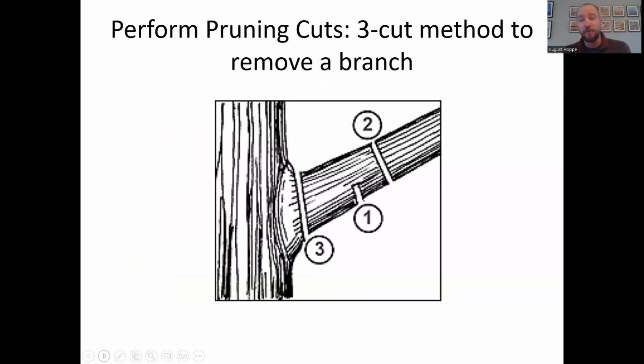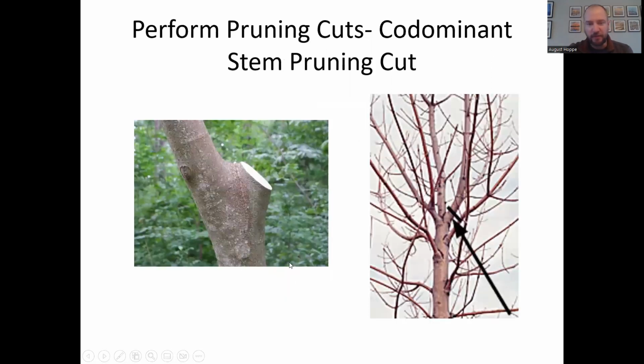When you're making a cut, especially on a branch that has some weight on it, it's important to think about the 3-cut method to remove the branch. If you were to simply cut the branch from the top down with one cut near the base of the stem, like where I'm showing with my mouse here, that branch, as it starts falling down, will peel. It won't sever completely, and so that branch will start peeling down, and often it rips and tears and causes damage